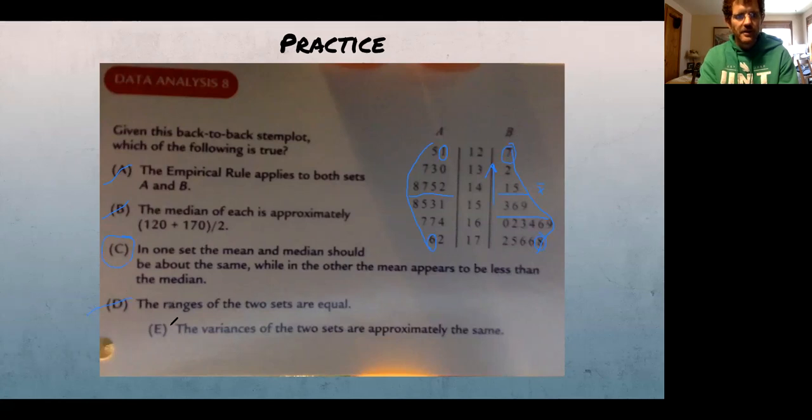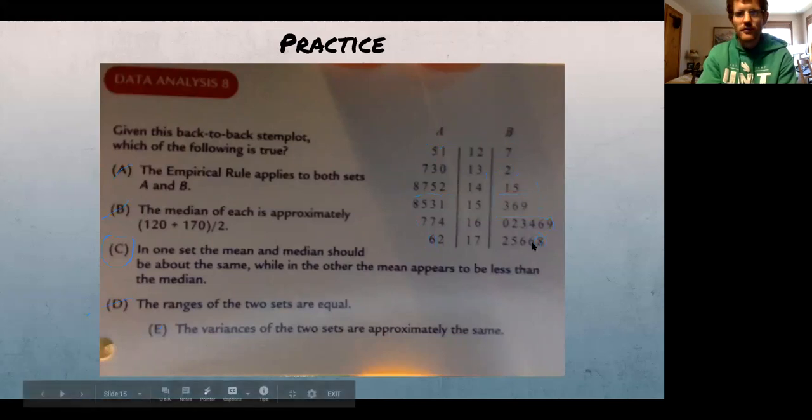And the variance of the two sets are approximately the same. The variance depends on your standard deviation equation. You just square that, and we can see because this has outliers, our standard deviation is going to be thrown off on that one. Okay, so that one's not true. So there we go. C is the correct answer, which is what most of you thought. All right, let's